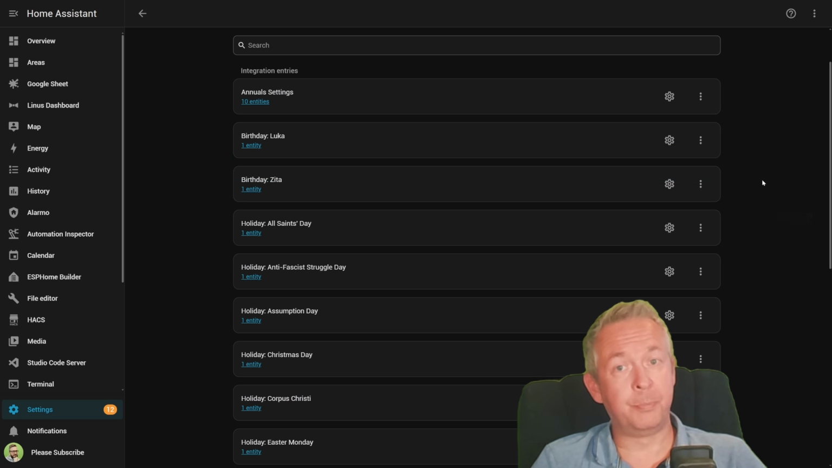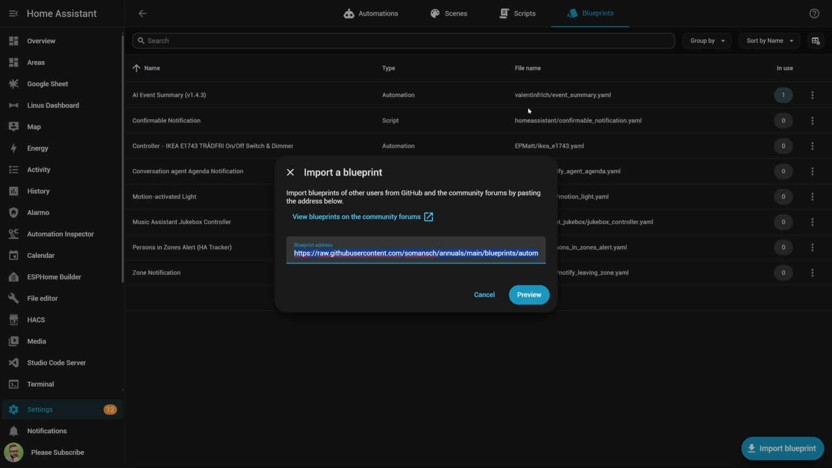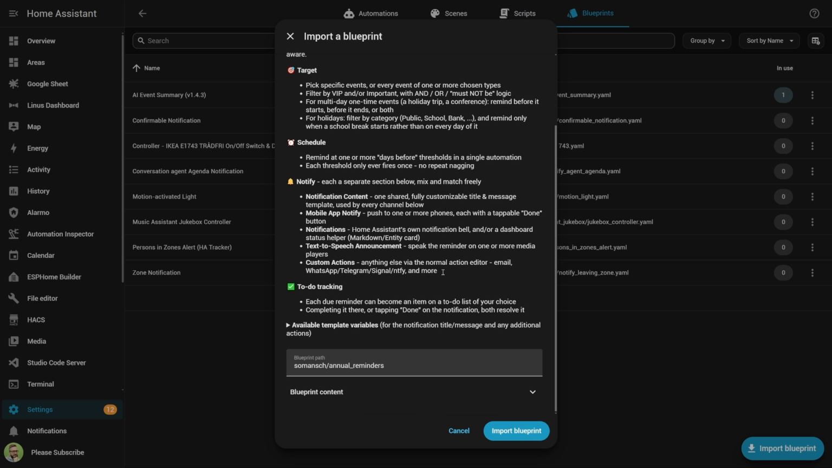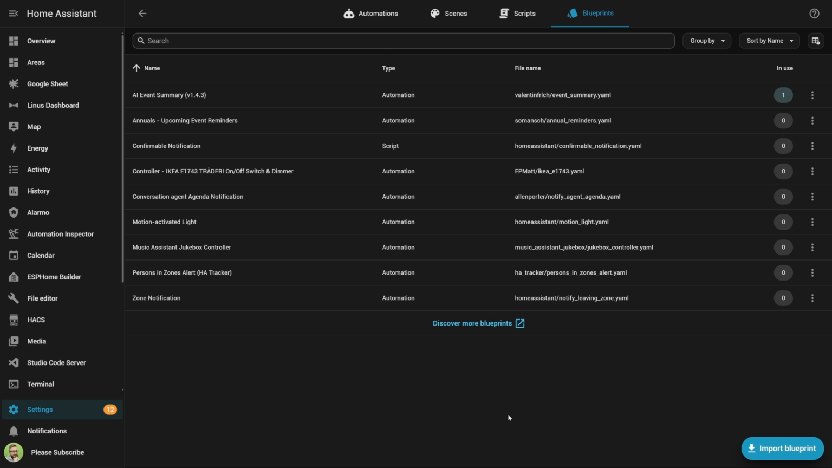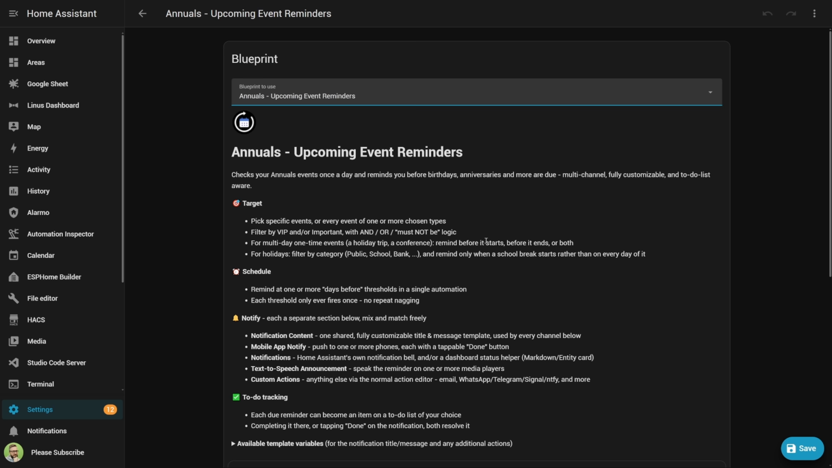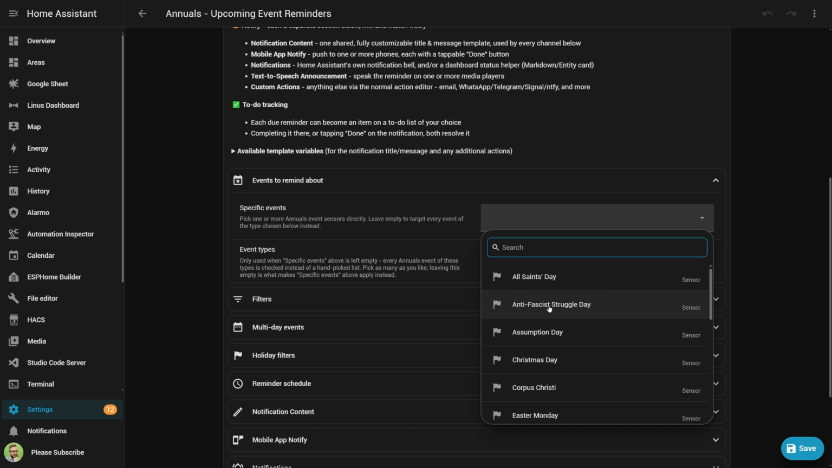The reminder blueprint Andreas provides in the repository. Because having Home Assistant know when somebody's birthday is, it's very nice. Having Home Assistant remind me before I've forgotten about it, that's considerably more useful. The repository provides a ready-made blueprint, so I imported it into Home Assistant and created an